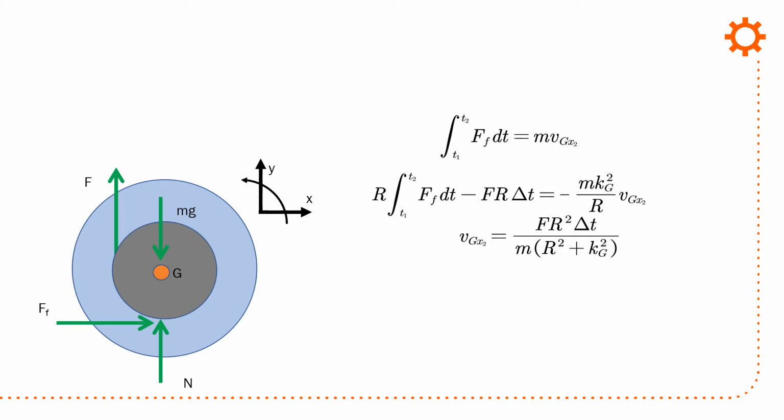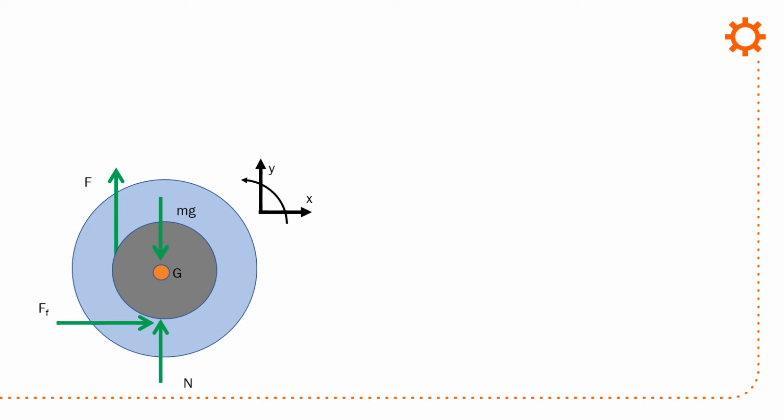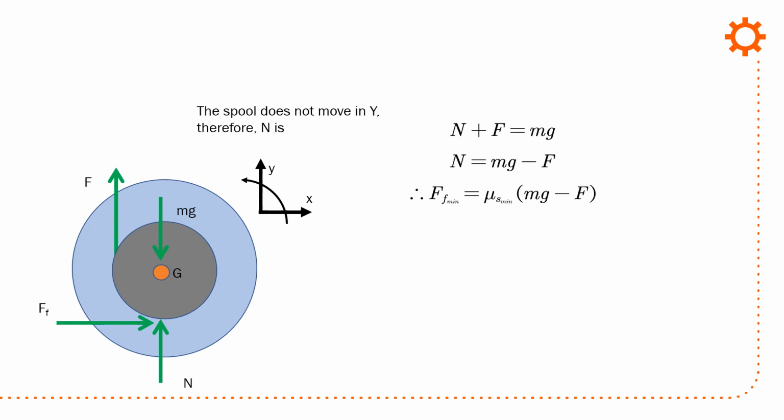And you'll notice that as I'm doing these problems, I'm writing them out in variables. And when I write them out in variables and go through all of the steps and multiply everything across, this is what I get. And finally, when I'm done with all of this, the spool doesn't move in y, right? It doesn't go up or down, doesn't bounce. So N plus F equals mg. And so I can tell you what the normal force is, and the minimum force of friction required is going to be mu sub s times weight